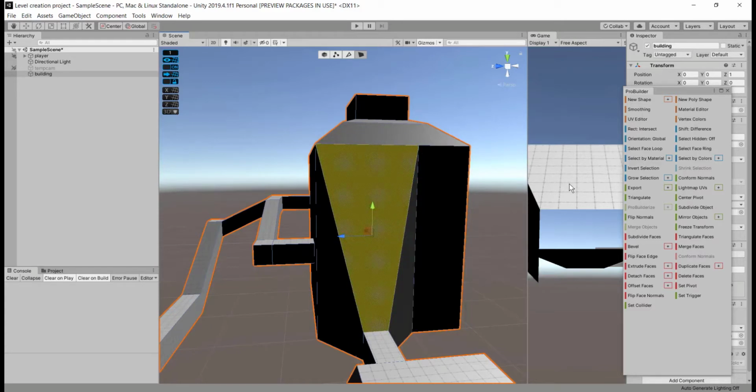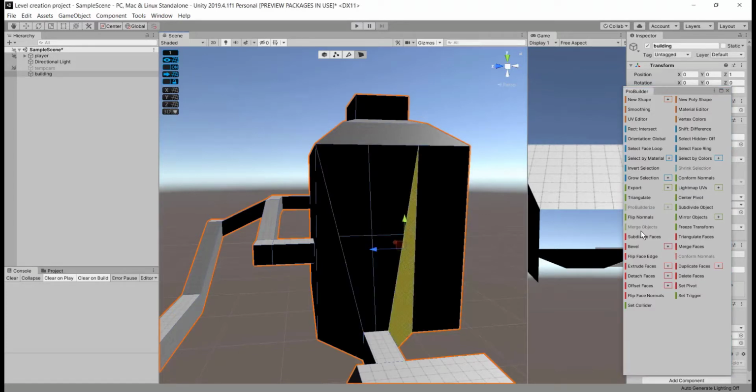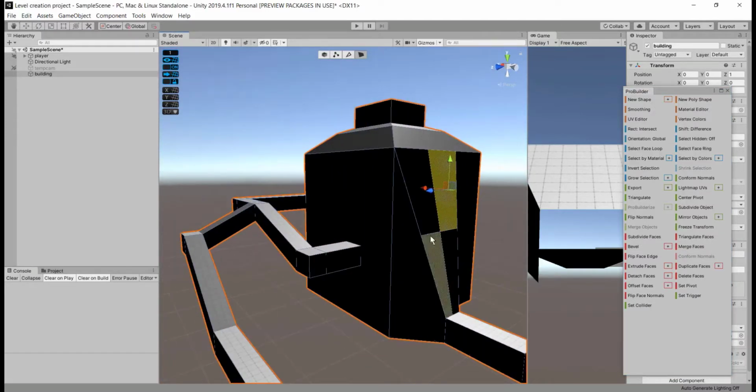If you want to divide your face into smaller parts, you can subdivide using your Pro Builder window and convert faces into a collection of smaller faces like this.